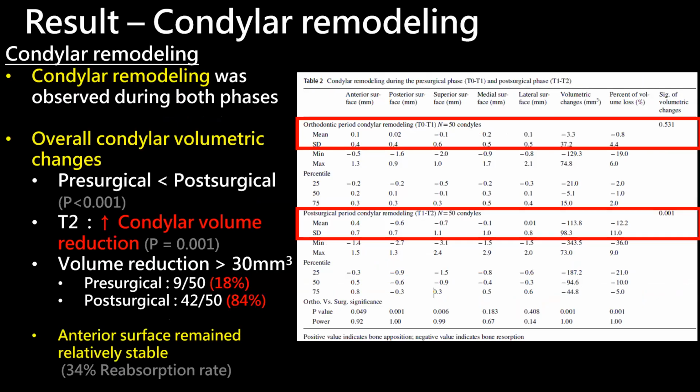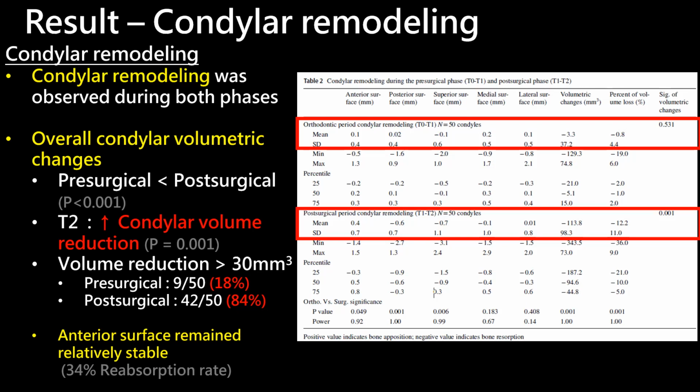Okay. So the result: condyle remodeling was observed during both phases, the pre-surgical phase and the post-surgical phase. For overall condyle volume changes, the post-surgical condyle volume change is significantly greater than in the pre-surgical phase. The P level is less than 0.001. In the T2 phase, after the OGS surgery, the condyle volume reduction was noted to be increased significantly more than at the T1 level. And the volume reduction over 30 millimeter